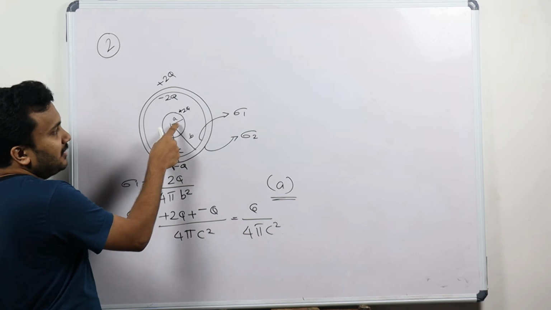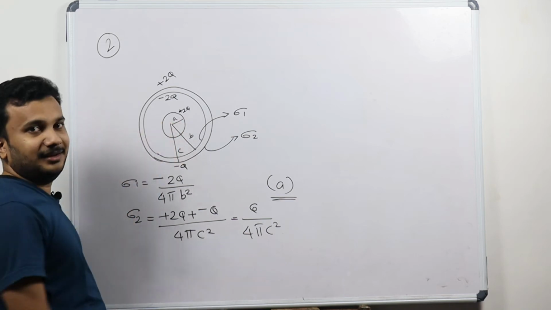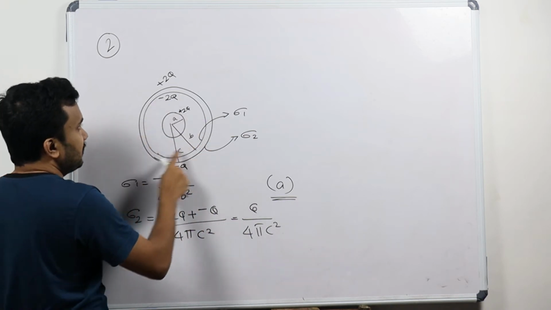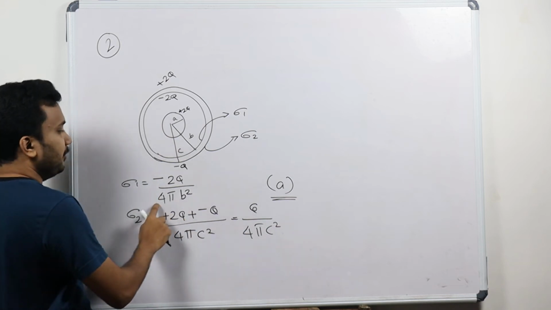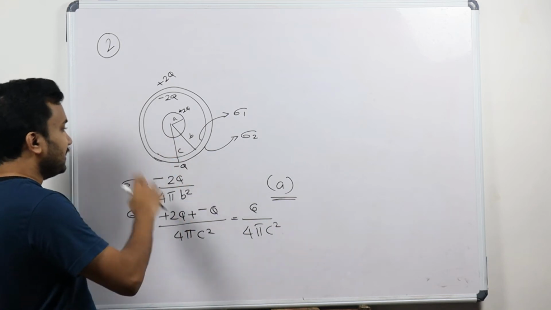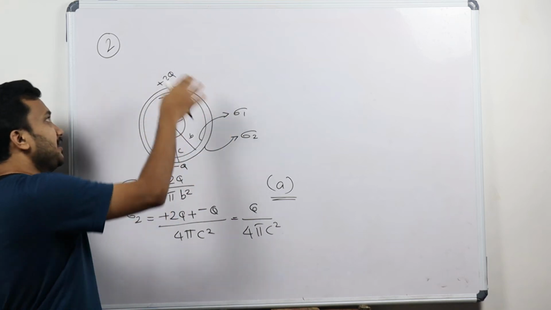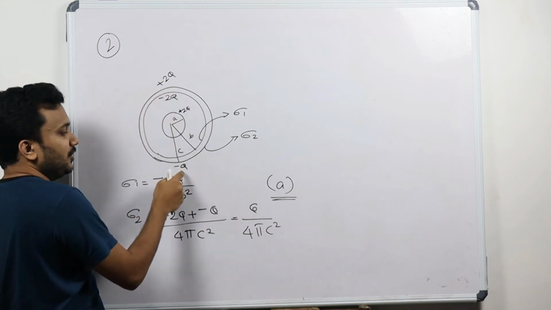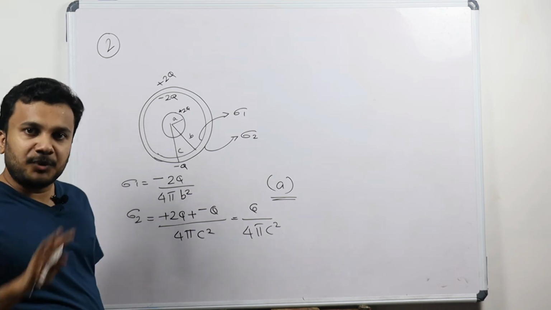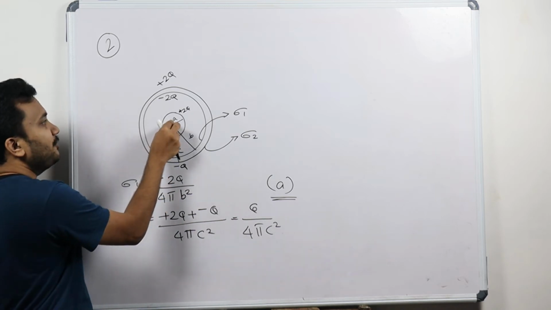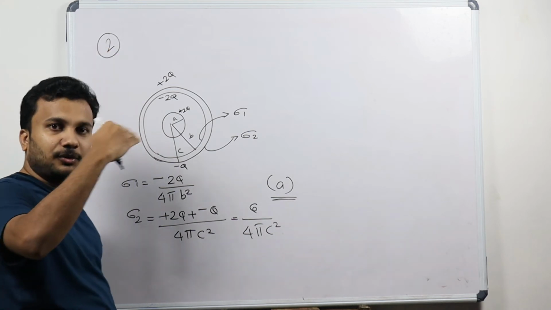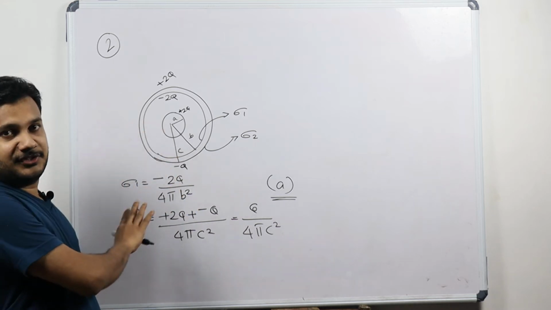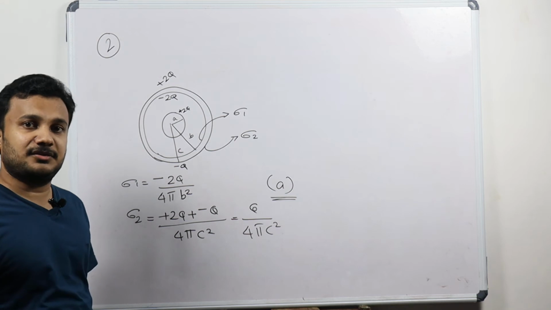If the question is asking what is the surface charge density on the circle A, then what will you say? 2q divided by 4 pi a square. For B, the total charge is how much? Minus 2q. So minus 2q divided by 4 pi b square. Next we'll go to C. See what is the charge? Charging by induction gives plus 2q. Already I put a charge called minus q. So plus 2q with minus q gives q divided by 4 pi c square. For all this kind of question, you always start from the center and go to the next level. Okay, so charging by induction plus surface charge density is the concept behind this question.